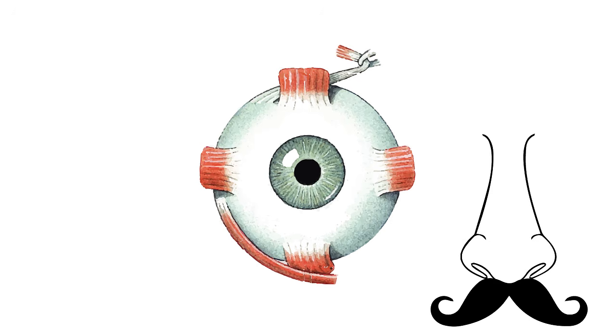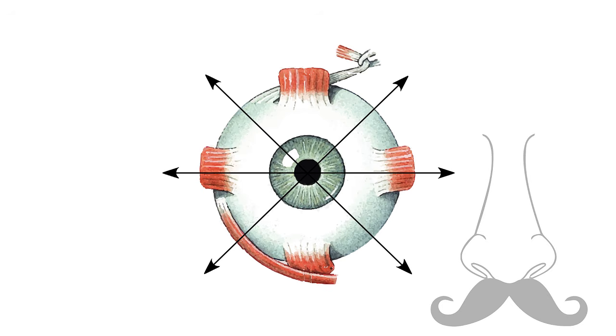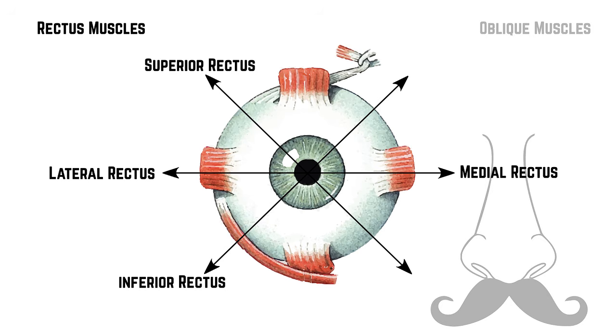Remembering the movements of the extraocular muscles can be tricky too. Here is a schematic pattern of what the extraocular muscles actually do. The way I remember these movements is by dividing the muscles into 2 groups, the rectus muscles and the oblique muscles. I like to think of the rectus muscles as the more predictable ones in terms of movements, and so it doesn't take a genius to figure out that the lateral rectus moves the eye laterally, and the medial rectus moves the eye medially, and the superior rectus moves the eye up and out, while the inferior rectus moves the